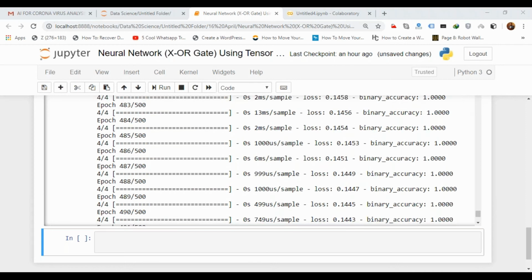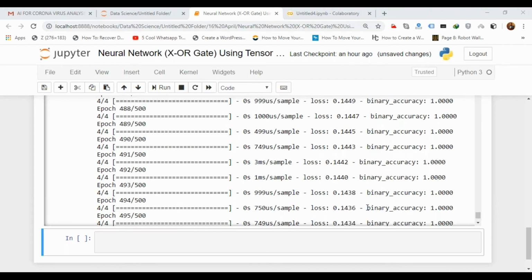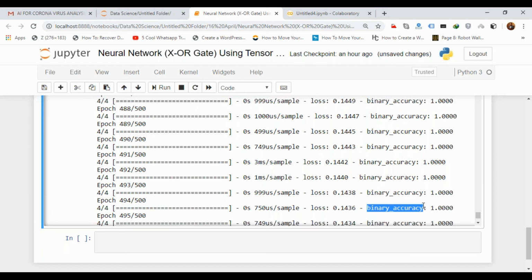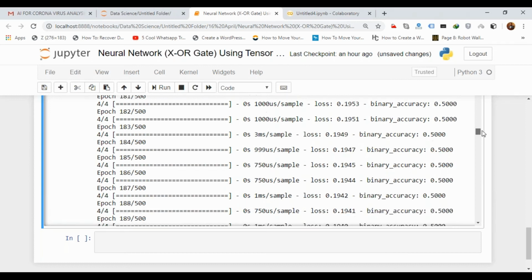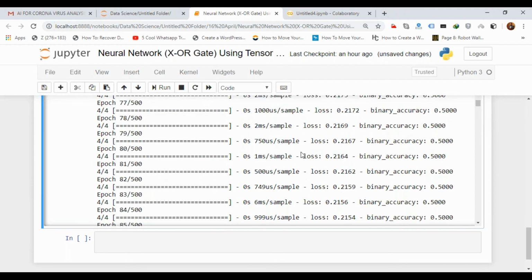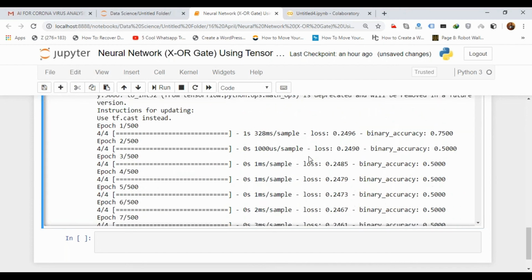Now all of you can see here, I'm getting the binary accuracy. This is the metric only. If you give accuracy, you will get accuracy here. When the training started, the loss was 0.24 and the accuracy was 0.75. Then in the next step, the loss was 0.2490, that means it has reduced something, and the accuracy went to 0.5.